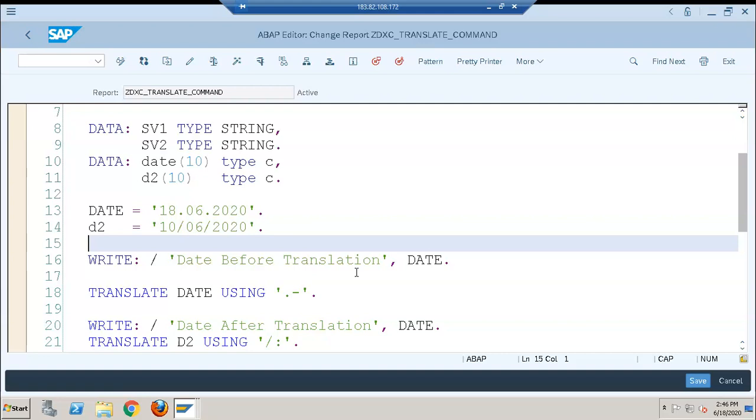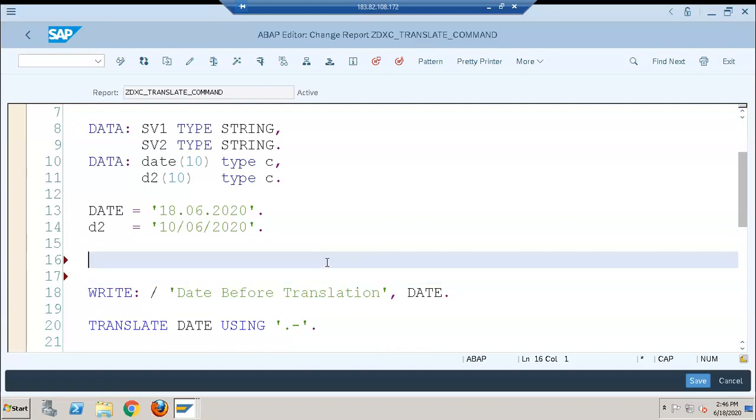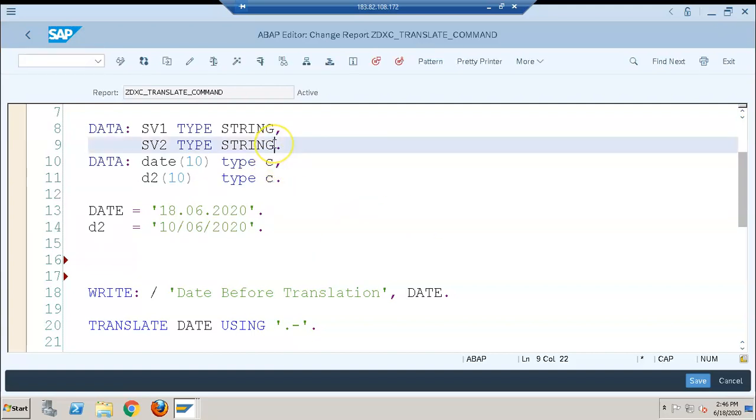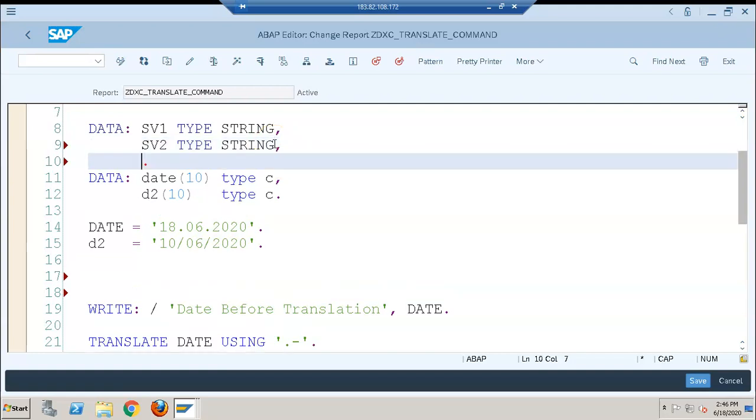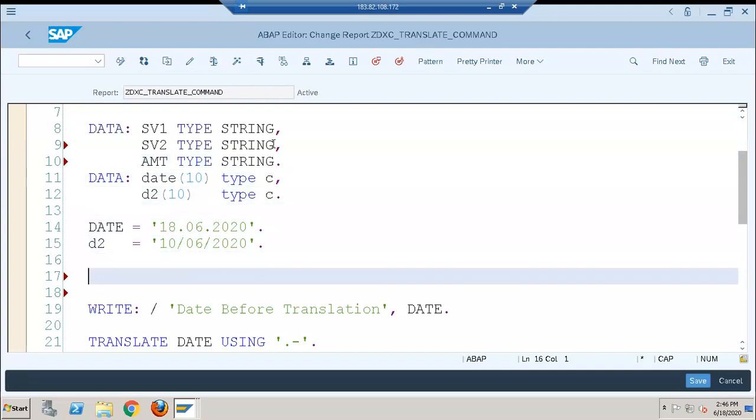So in India, if you want to write some amount, you'll write it like this: 20,000.25, say.